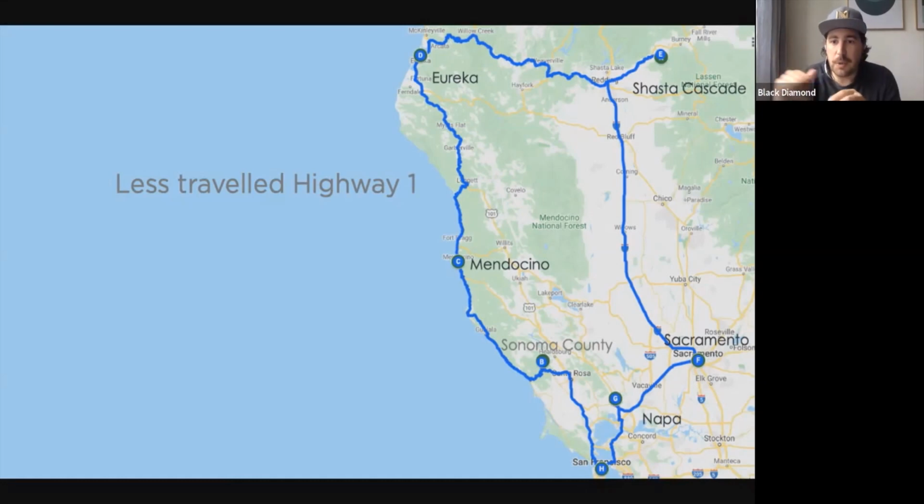As you can see, it's a loop on my screen here. So in San Francisco, I'm going to head north. The nice thing about this drive heading north, you're going to go straight over the Golden Gate Bridge. It's really cool driving over the Golden Gate. If you've cycled over or been over it, it's just really cool. I love going over the Golden Gate Bridge.